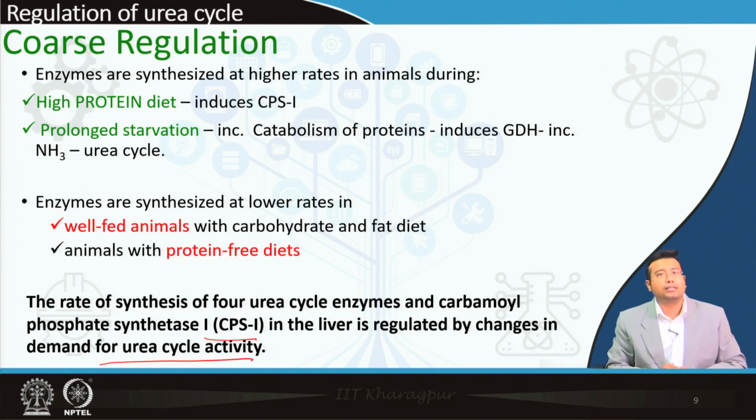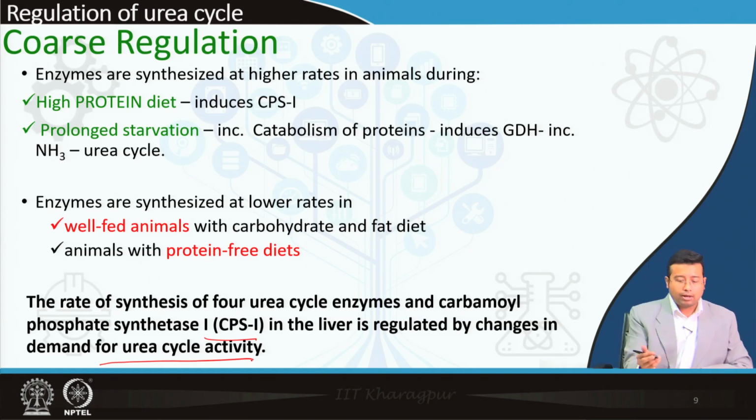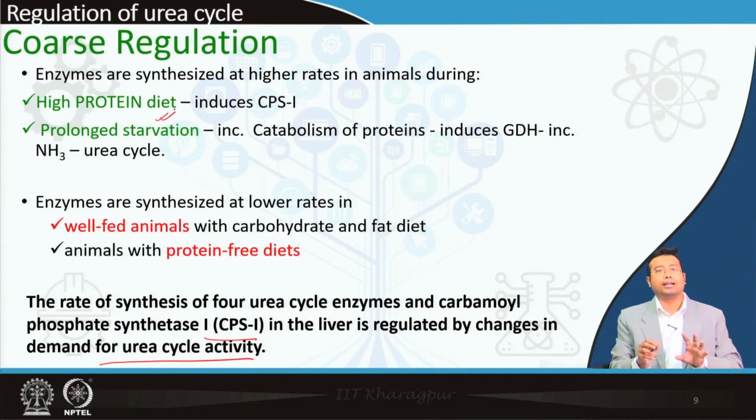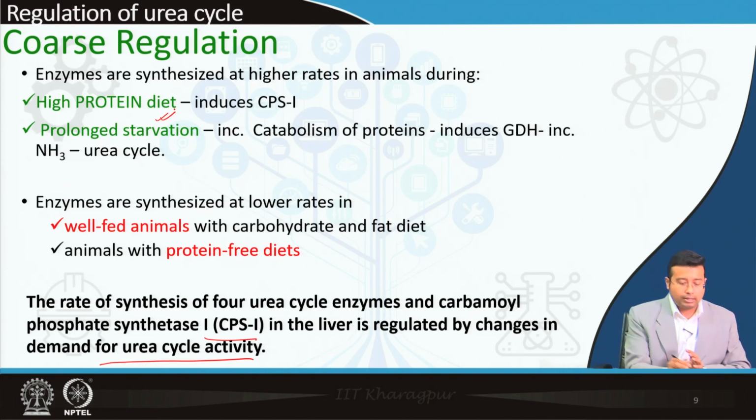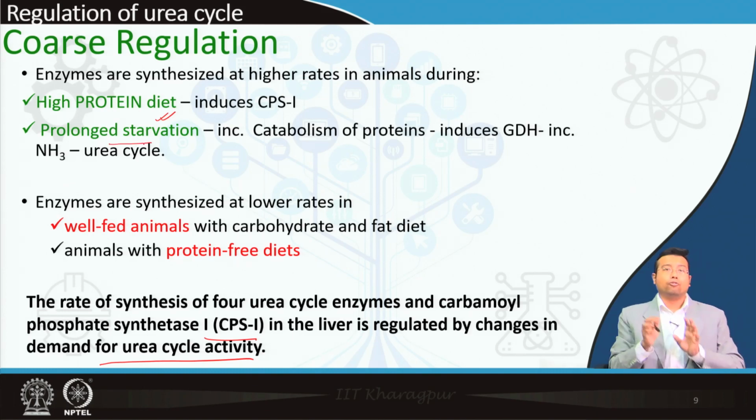So, when will there be increased demand? In case of a high protein diet, there will be more and more nitrogenous waste produced, and more and more urea cycle will be needed to get rid of those wastes. Also remember, in case of prolonged starvation, where all the body's carbohydrate and lipids have been utilized, thereafter